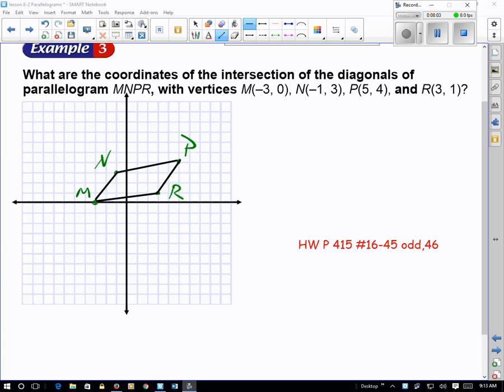Well, we just saw in the last theorem that the diagonals bisect each other. So if we draw in the two diagonals, we know that the point where they meet is the midpoint of both of those segments. So all we need to do is find the midpoint of one segment, and that will have to be the midpoint of both of them. So let's find the midpoint of segment NR. So the midpoint,